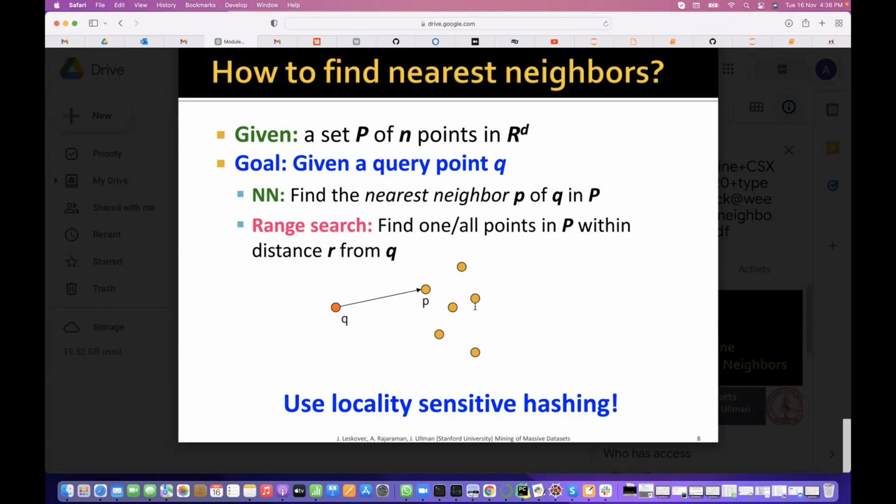A new point comes, then what do you do? For that, you need to predict, right? What are the nearest neighbors first? You need to compute what are the nearest neighbors. So you have already built your hash functions and you bucket all existing points for which you know the result. If a new point comes, then what do you do? We hash it, and whichever bucket it falls into, we consider only those points. Those points are to be computed, which is the nearest one. So that is the idea we will use here.